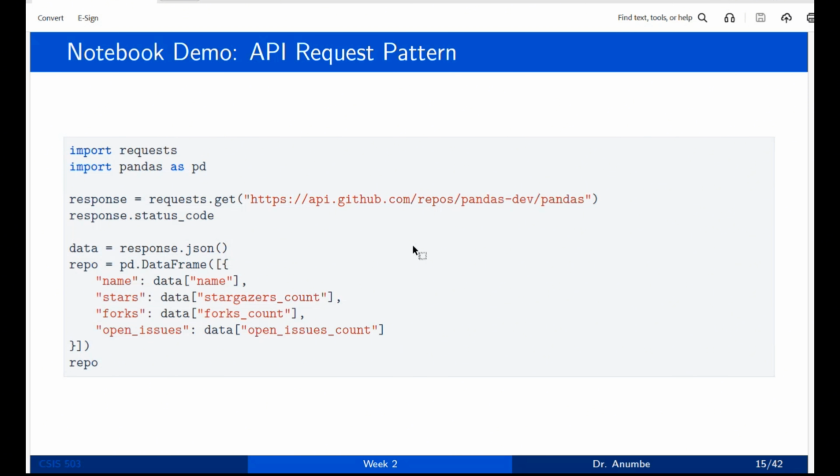And then this is an API request pattern. This is essentially what it will look like. This is your requests package, and you're also importing pandas as pd. Your response is requests.get, which helps you pull the data, and this is your status code. Your data will be equal to the response that you get .json, and repo is equal to pd.DataFrame. You list what it is that you're looking for, and then it begins to